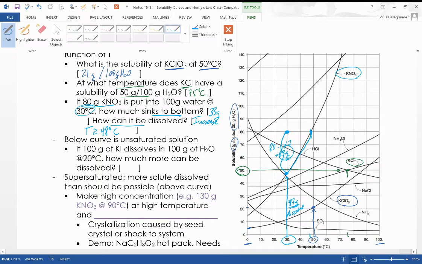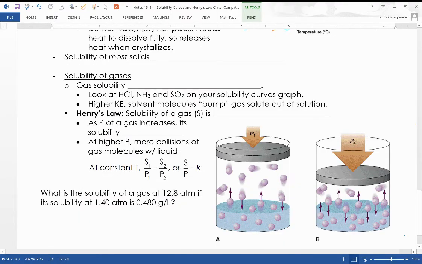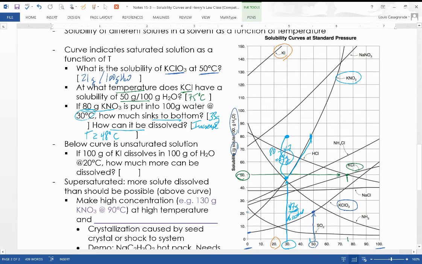Now, you may come upon a solution where you haven't put the limit in. So now let's look at potassium iodide. Here's potassium iodide way up at the top of the curve. And if I put 100 grams of potassium iodide into 100 grams of water at 20 degrees C. So here's 20 degrees C. So 20 degrees C, I'm going to come up